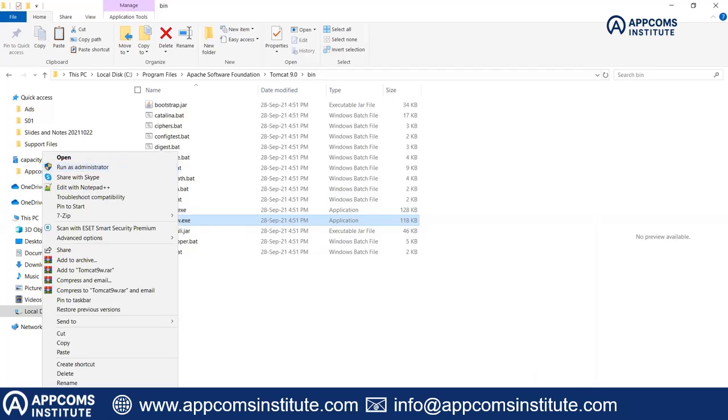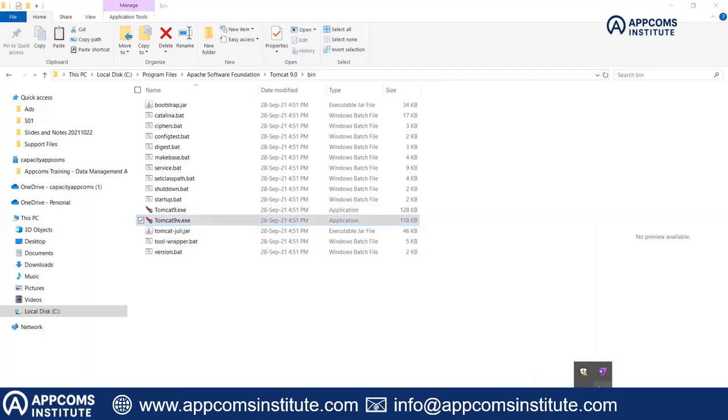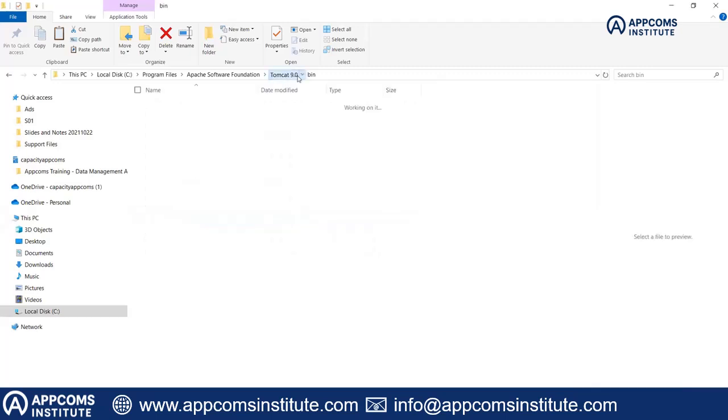So for this, you can see it's still here. I can either stop the service or start the service. So once you copy your files into Tomcat, that is the webapps,